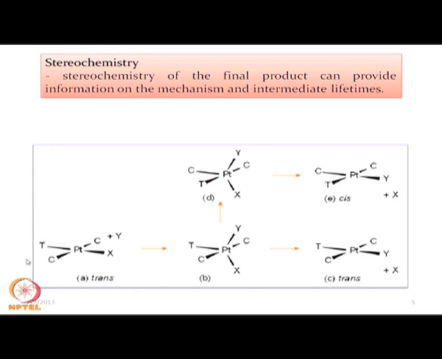So, if we take this C-Pt-C bond at 180 degree, which was already present in the square planar environment, and we put this T, X and Y in the trigonal plane, this is basically a trigonal bipyramidal geometry which we are getting from a square planar geometry. So, T is there and this T is basically labilizing the group X, but